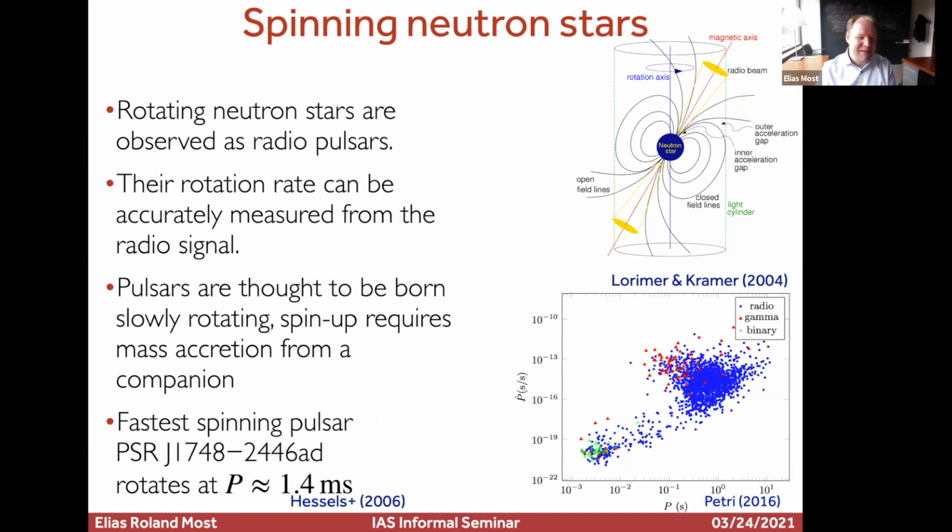And the way that this works, just to take another step back to our neutron star 101 part: neutron stars can spin very rapidly. They might not be spinning with less than a millisecond, but the fastest one is 1.4 milliseconds. They can have very strong magnetic fields. This is what you essentially get from pulsar spin down. And this tells you that the field strength in the neutron star can reach about 10 to the 12 Gauss. And there are special neutron stars, magnetars, that, for example, could be the long-lived remnant of a neutron star collision for a low mass binary. They can reach 10 to the 15 Gauss. So you have a lot of magnetic field, a lot of energy in that electromagnetic sector around. And if you can liberate part of that, that would give you a very nice counterpart.